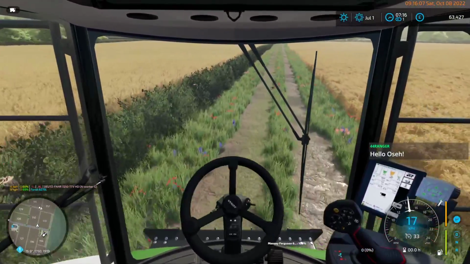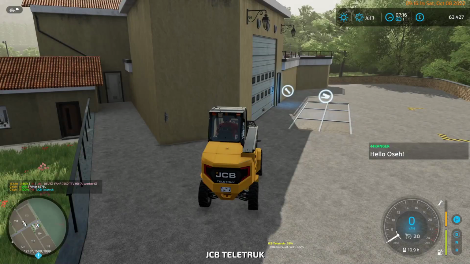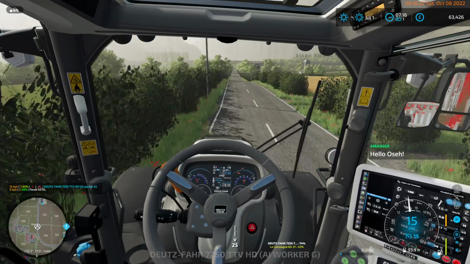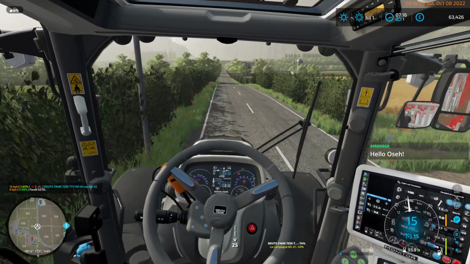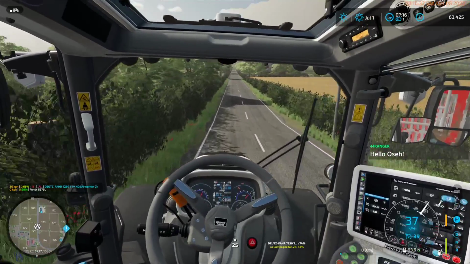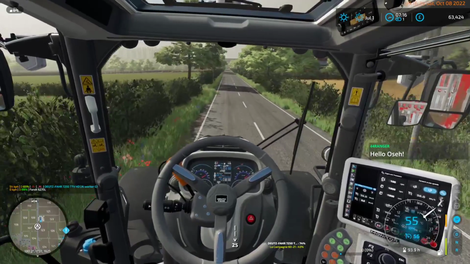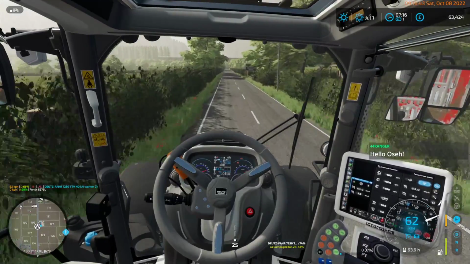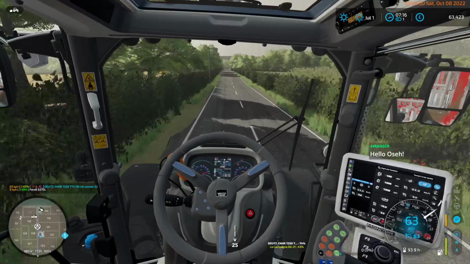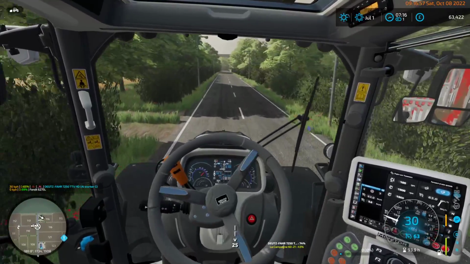And seem to have lost the Fendt, or the Deutz. Oh, yeah, seem to have lost the Deutz because I didn't. That's good. I can adjust the cruise control without taking the worker off. And 63 kilometers an hour is the maximum speed. Okay. Yes, I set the cruise control. I think I set the cruise control limiter because I was spraying fields